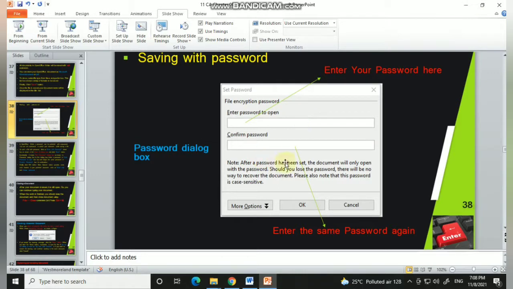If you set the password and press this OK button, it's for security purposes. No one can open your file, or no one can see your file without giving the password, or no one can edit your file. For those reasons you can save the file with a password.